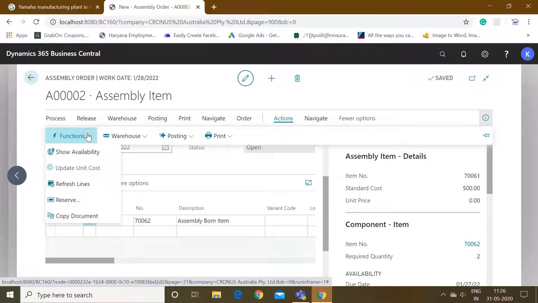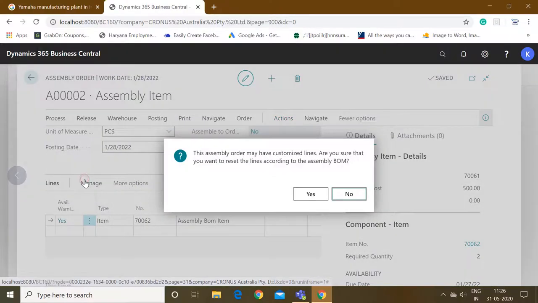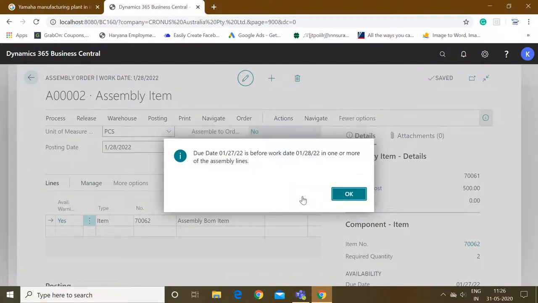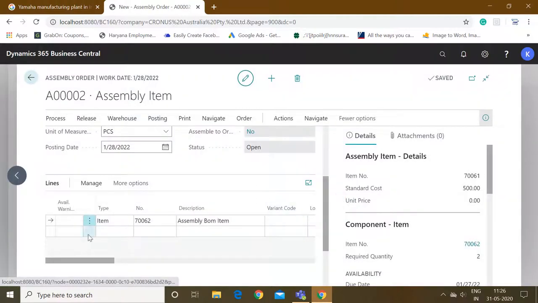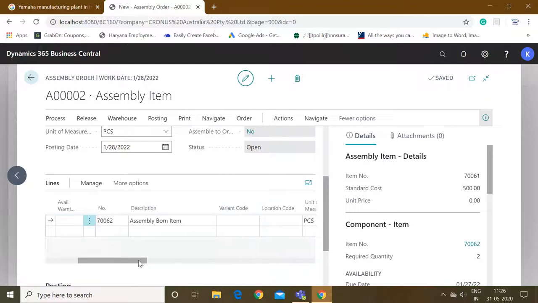Okay, yes, in the actions just click on refresh lines and yes, and that's it. Now availability warning is blank, which means that now we already have the 2 quantity in our inventory for this component item. Okay, so that's it.